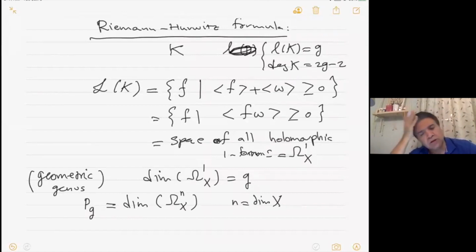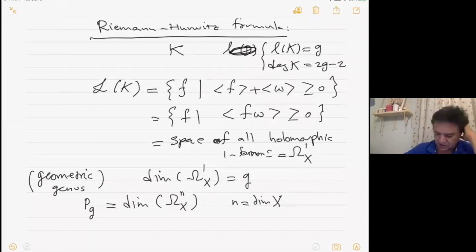But if you're working over complex surfaces, you can define geometric genus to be the dimension of two forms. If you work over a threefold, you can take three forms and so on. And it is finite dimensional,